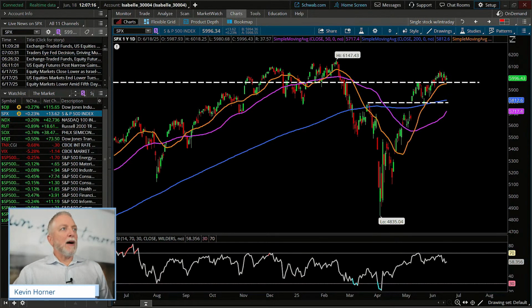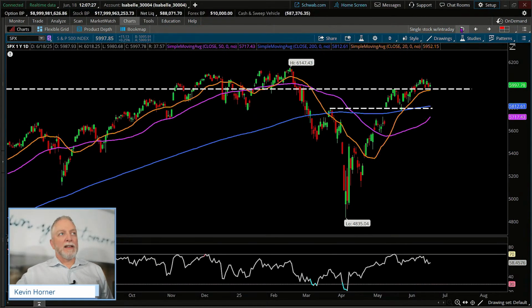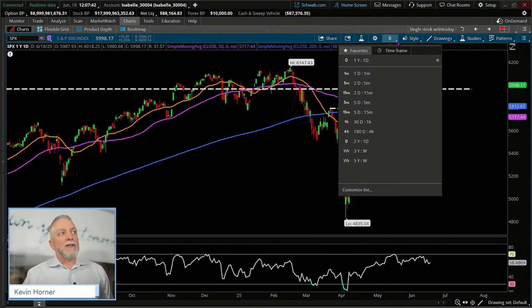Okay, now I work frequently in what I reference as my single stock with intraday periods. This is the grid that I work from consistently. Now I have it today at this moment maximized, and that's giving me the individual daily chart. Now, of course, I know that to be daily in one day because that's what I've set it to. But if I clicked on that little caret, you'll see that it's part of my favorites drop down, which have a few, of course. And we're currently on 1 year, 1 day.